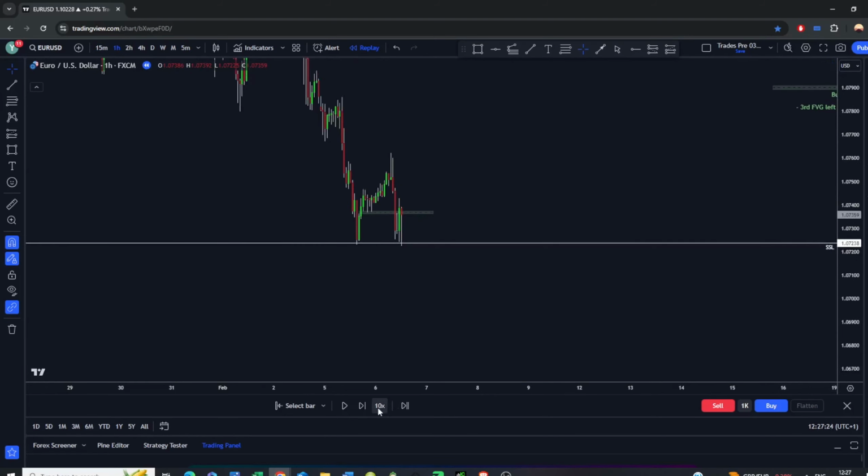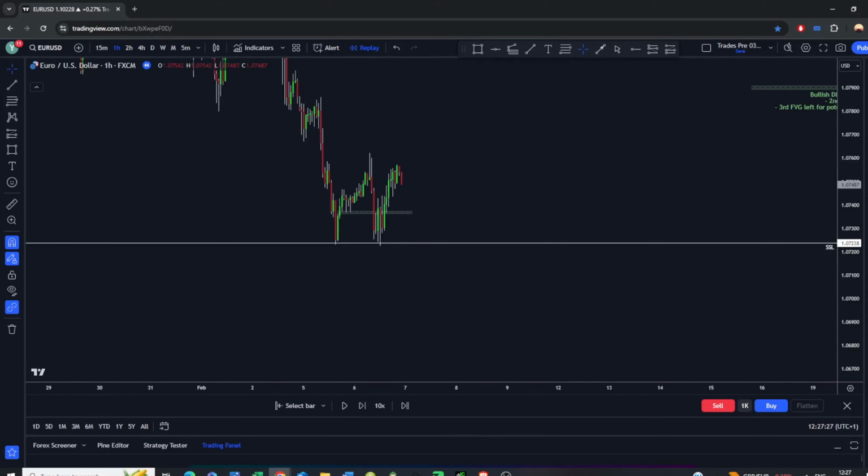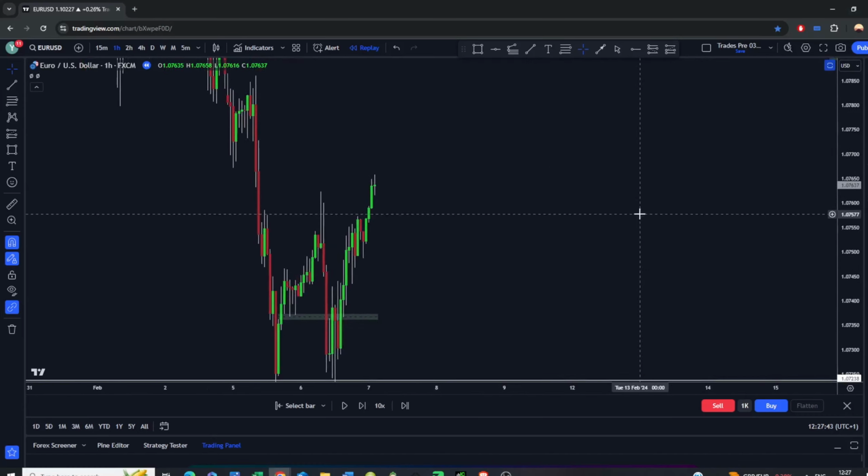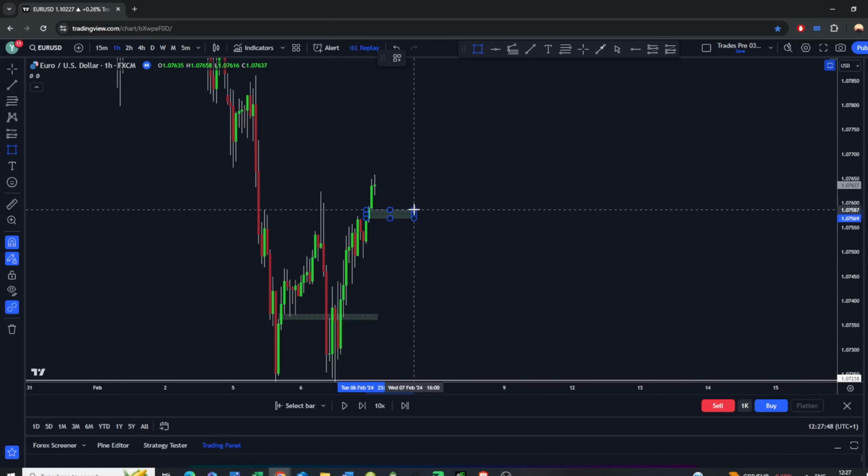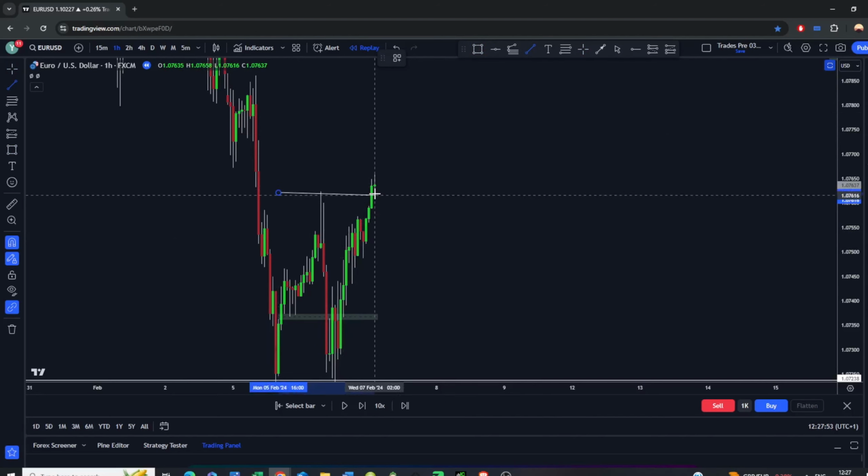And I want to see price displace. So here we go, price displaces and leaves some fair value gaps. We have one here, and also one here. Ideally, because we've just closed above this level, we could potentially see price dropping into the middle, or at least